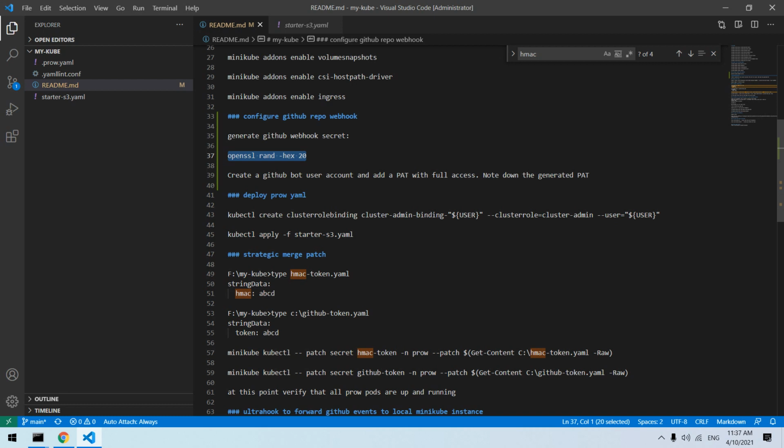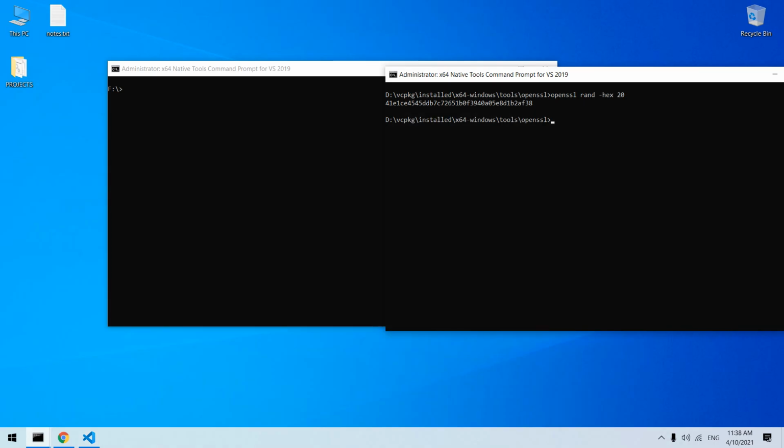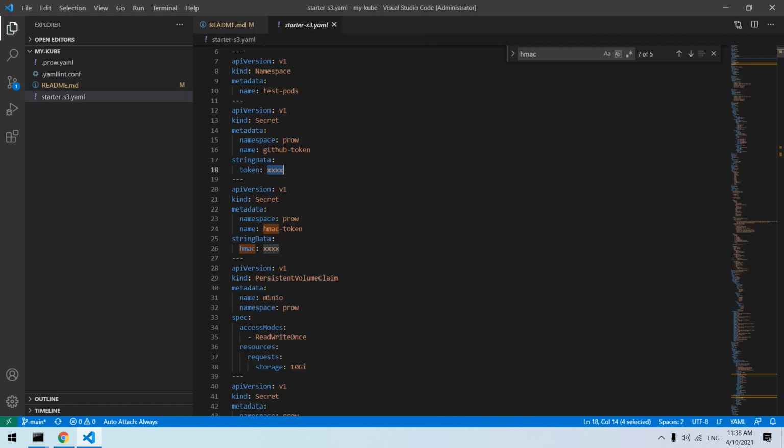Save both these tokens somewhere in Notepad, and then you can edit this YAML and replace these XXX. This HMAC token is the GitHub repo's webhook secret which we created using the OpenSSL command, and this GitHub token is the PAT token of the GitHub bot user account.